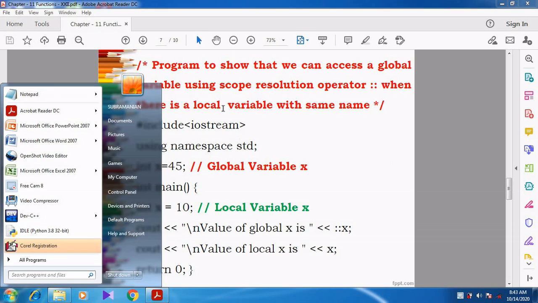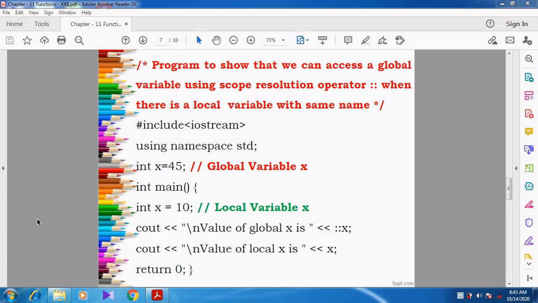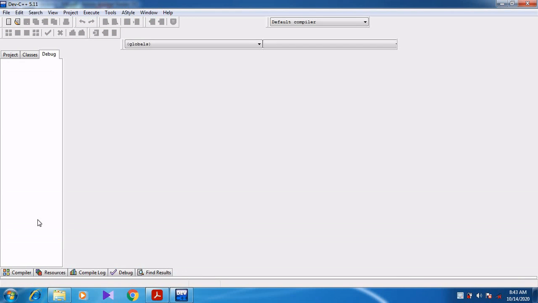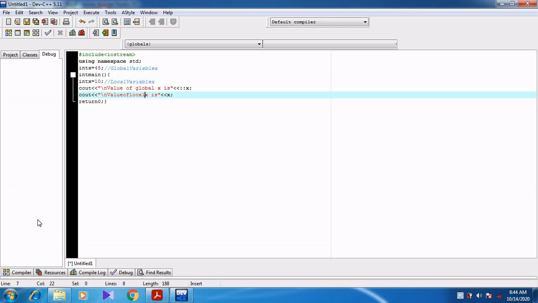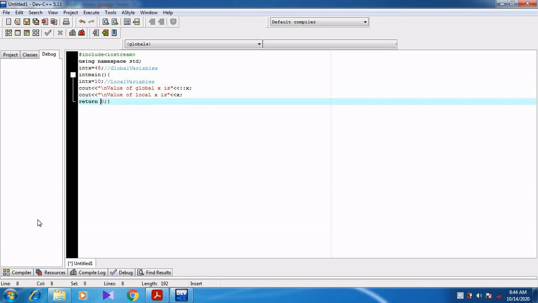Right, now we are going to see it in a practical manner. Click on the start menu and open Dev C++. When you click on Dev C++, press Control plus N and then Control plus V. Now I have pasted the program. Before saving, I am leaving space in all the areas. Now we can save the program.